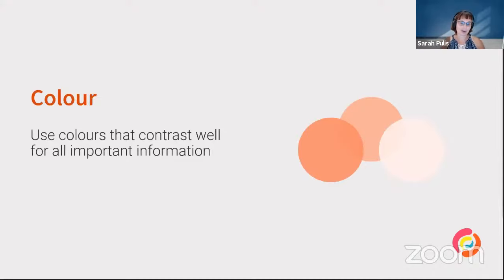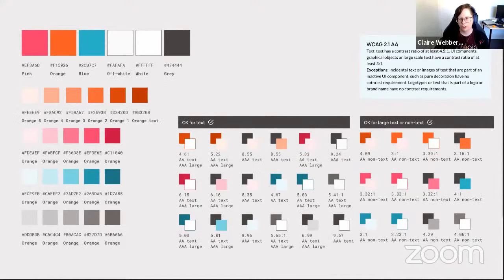So the two call outs we wanted to speak about are, first of all, colour. Obviously we want to use colours that contrast well for all important information, and we can look at how we do that within our design system. Colour can be one of those tricky things: we have brand colours and we want to use them in our design. How can we work around that if they won't produce accessible text colours and things like this? So in this example, when I brought in all the Intopia brand colours, I had a look and thought about how we could use them in an accessible way.